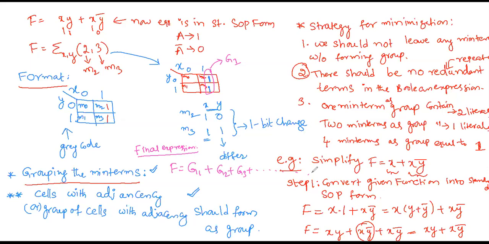Okay, but here we are having only group 1. Then what is the expression of group 1? See, writing the expression of group 1 is easy. Whichever bit is differing, just remove that one. Which bit is differing? Y is differing. So remove that. What is remaining? X. In the min terms, 1 will be indicated with the variable itself, 0 will be indicated with the complement.